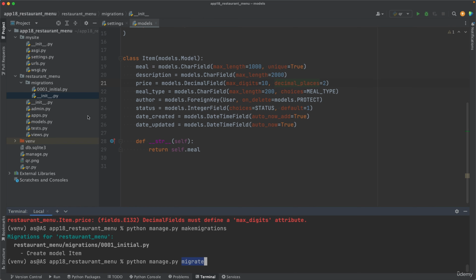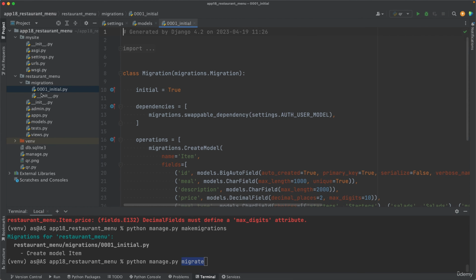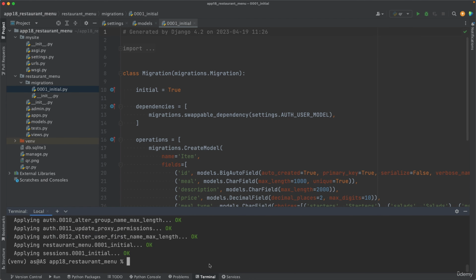This command will go through these two files. It will execute the code of this file, actually 0001, the file that was generated by the makemigrations command. So execute that. And now a table should have been created in the